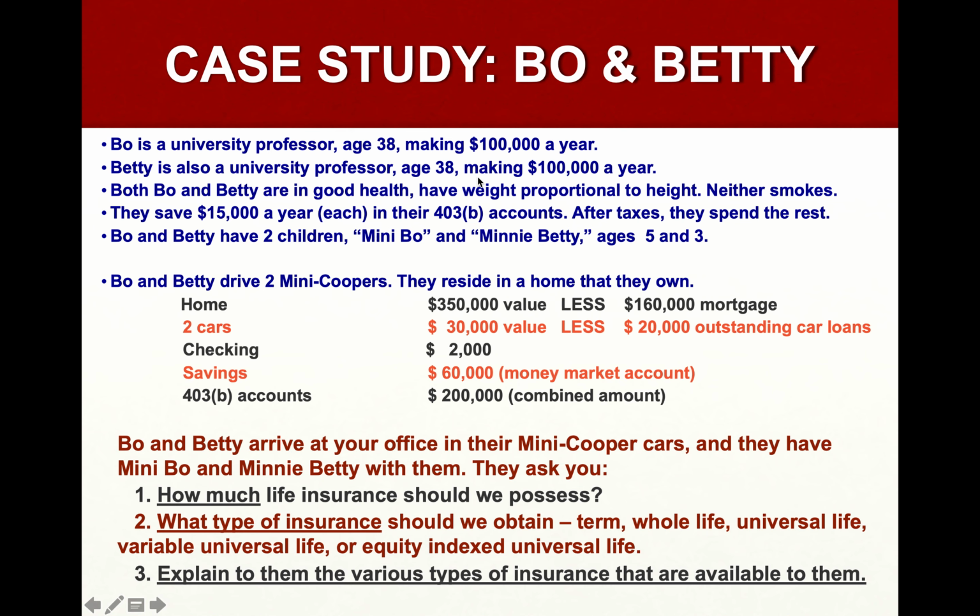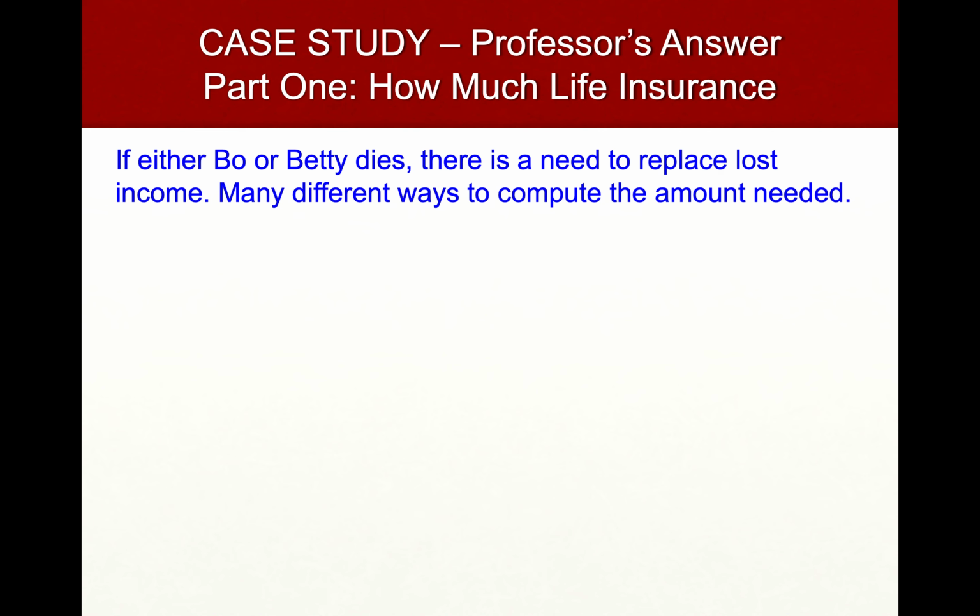And they arrive at your office and they ask you, how much life insurance should we possess? You could do that calculation that we reviewed earlier, 30 times the income that you need to replace, and what types of insurance should they get. You would need to explain to them these different types of insurance versus term insurance, and then maybe explain that there's a conversion feature, then explain the four types of other insurance, and hopefully you would conclude that they need term insurance policies to be a lot cheaper for them, because all they need to do is replace their lost income.